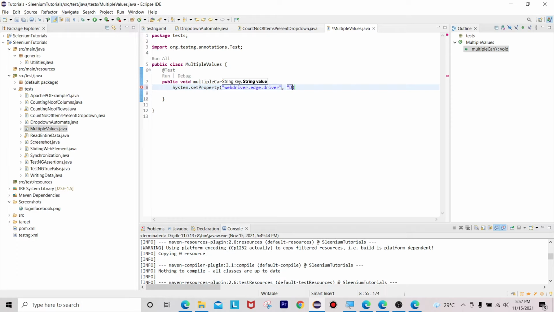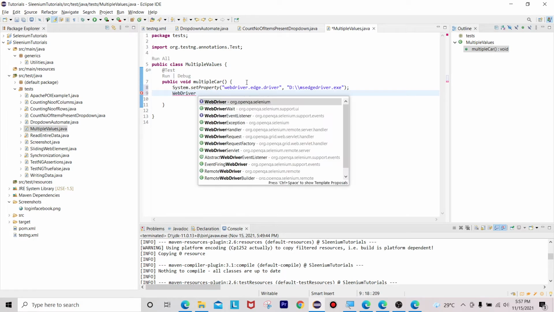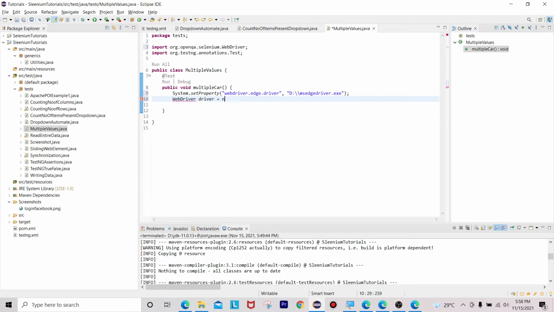Okay, now here D drive, ms edge driver.exe. Okay, ms edge driver.exe. So once it is done, we have to initialize that WebDriver interface: WebDriver driver equals to new EdgeDriver.